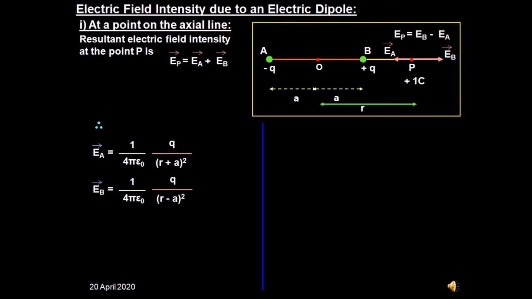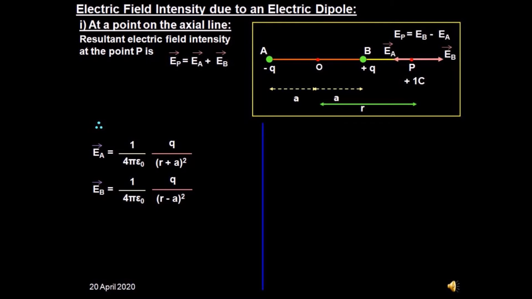You can notice that we have not put here the sign of the charge, that means minus q, because we have already considered the direction and electric field is a vector. So for a vector quantity we have to only see the direction. We don't have to use the sign of the charge.